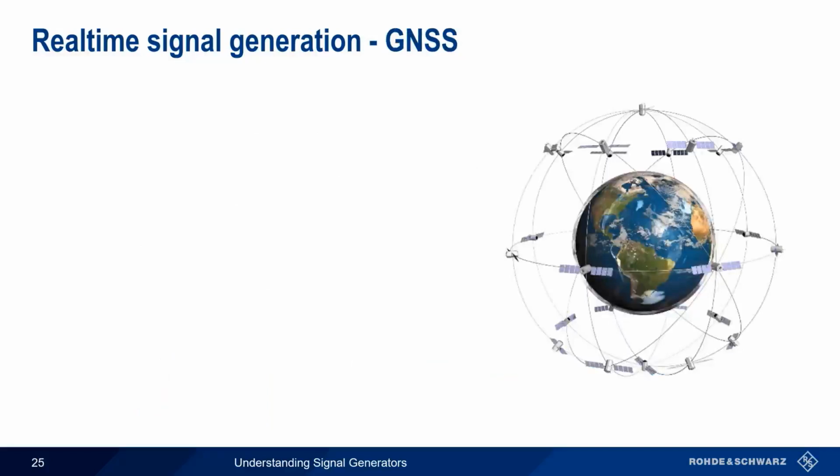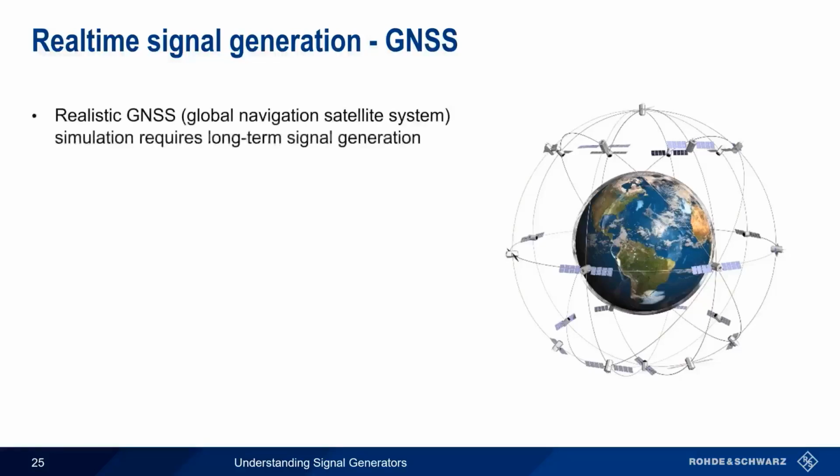Another example of real-time signal generation involves simulating GNSS, or Global Navigation Satellite Systems. The best-known examples of GNSS are the American GPS or Russian GLONASS systems, which provide location and timing information worldwide. In order to test the GNSS receiver, a vector signal generator must simulate the signals from multiple satellites over a